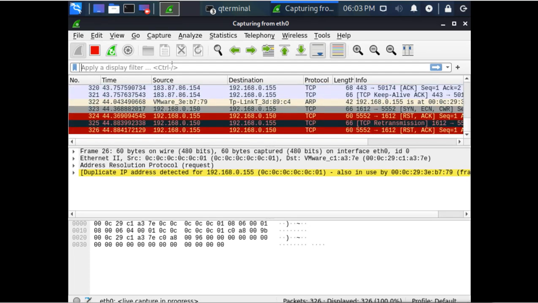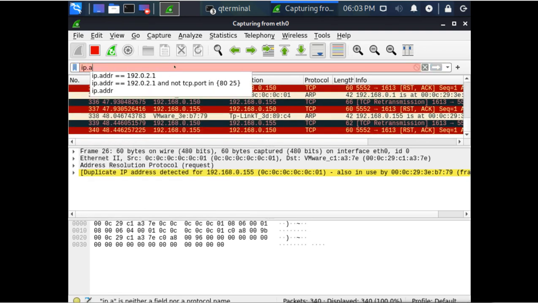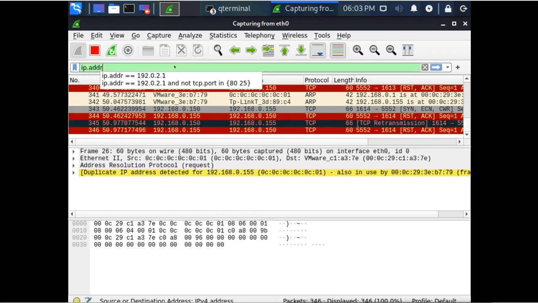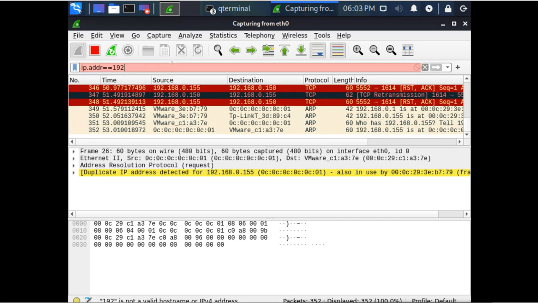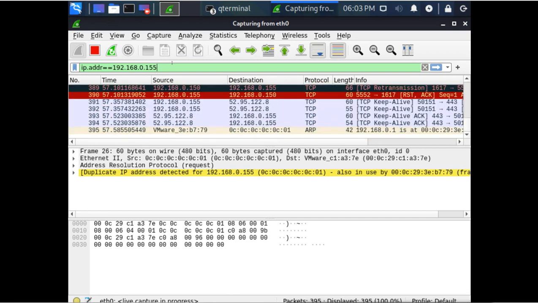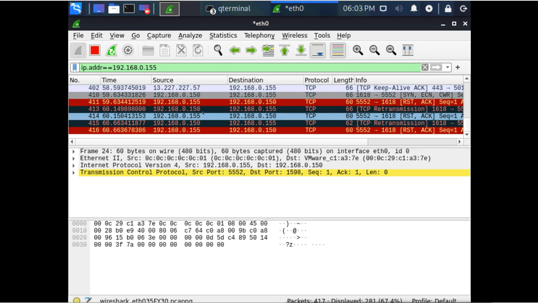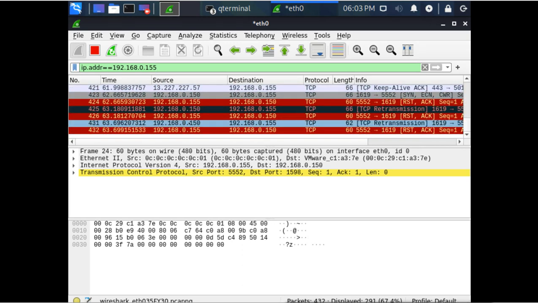Like I can say ip.addr is equal to 192.168.0.155, and now I can see only the data which is coming and going from this IP.